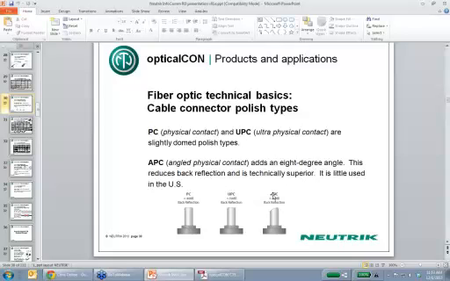That's also true with the polish on the fiber. So if you angle those lenses a little bit, then you're not going to get that back reflection, and you're going to have a stronger signal, even though you've misaligned on purpose a little bit. This angled physical contact